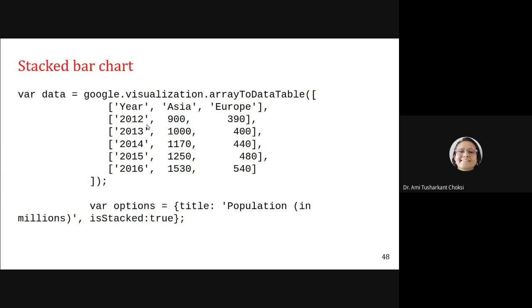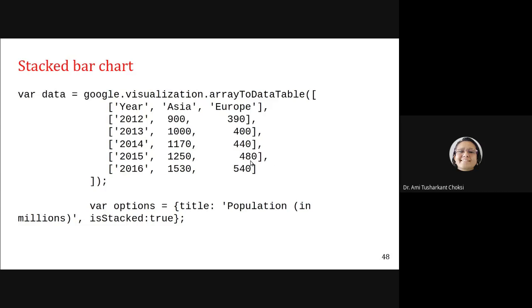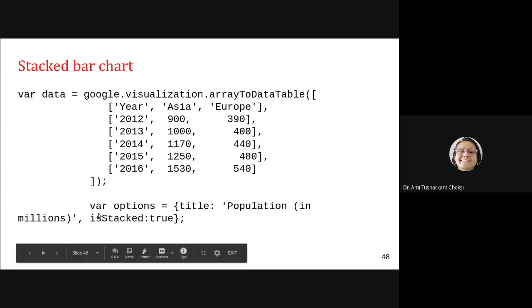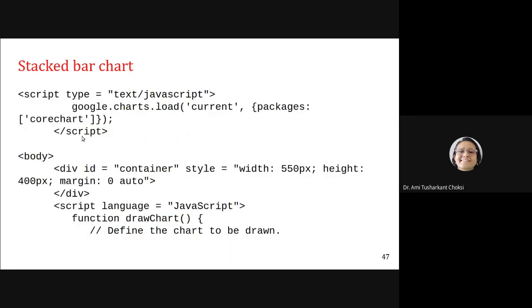We are specifying the data for year. We are specifying the data for Asia and the data for Europe. What we are specifying in this is the population in millions, right? The data is there for population in millions. For that, what is the option? You can say options we have already said. What was there? That was the